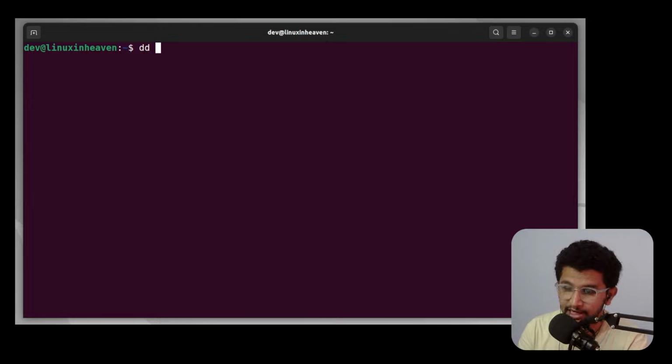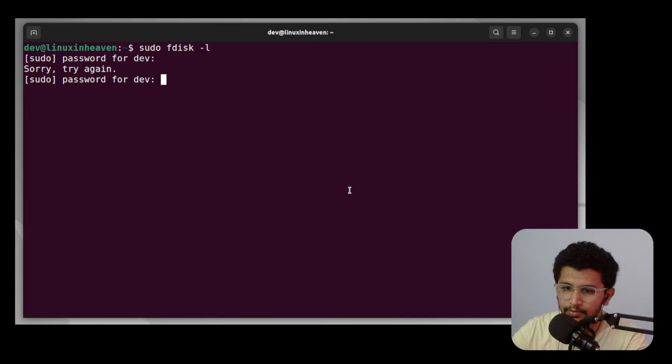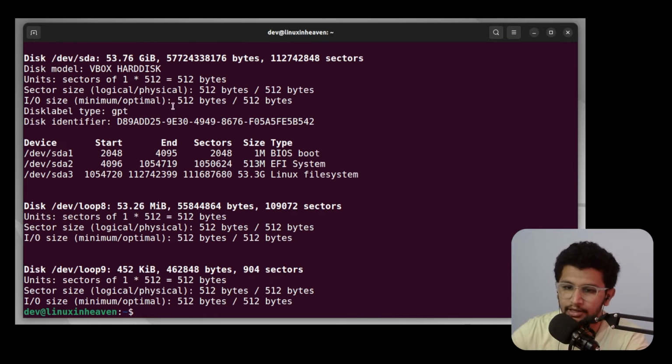Okay, let's say if you use the dd command with if equal to, let me first do sudo fdisk -l. It will ask for the password. Okay, did I type the wrong password? Okay, yeah. So there is one drive, you can see here, called sda1, sda2 and sda3. Now what if I use the dd command, say if is equal to /dev/zero,